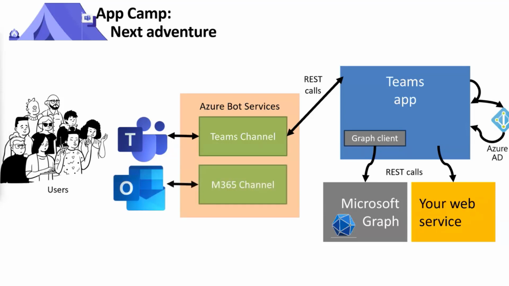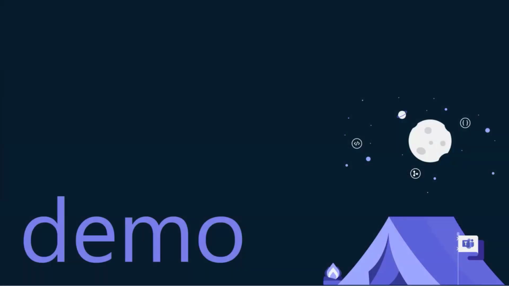The cool thing is that now we can even accommodate more users by adding the new Microsoft 365 channel, which currently allows Microsoft Outlook to also participate. One can only imagine that they didn't call it the Outlook channel. Maybe they have some further plans for this in the future. Not sure even what client that would be. Maybe it's just really long term, but it's cool that they're aggregating the whole idea of it across Microsoft 365. So let me show you what you can build with these labs.